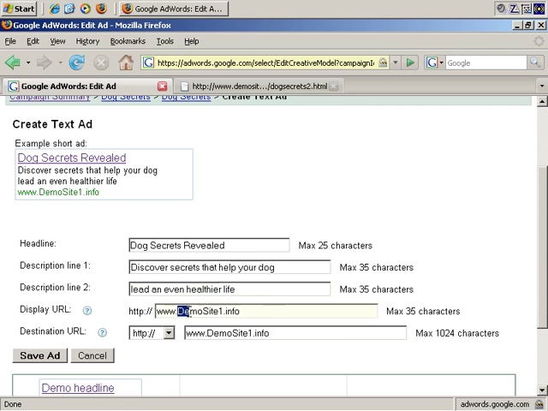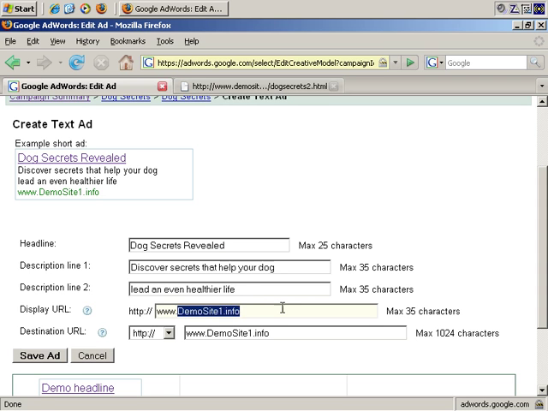Display URL at demosite1.info. Now, a note about the display URL. It can make quite a bit of difference to your click-through rate. It's strongly recommended that it actually goes to the website where the pages are. You know, some people sometimes have a display URL here which is fake, and I'm pretty sure that Google frowns considerably on that. So, you want to send people to a real site. For example, and you may notice this when you search on Google, that you look for the URL for context, for relevance. And obviously, a Dog Secrets ad with this site probably isn't going to do that well with click-throughs,